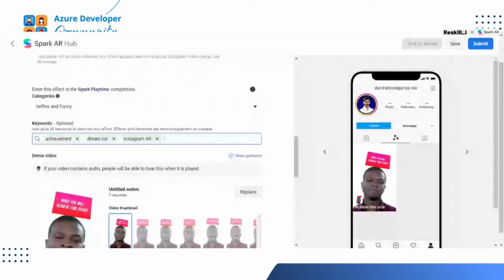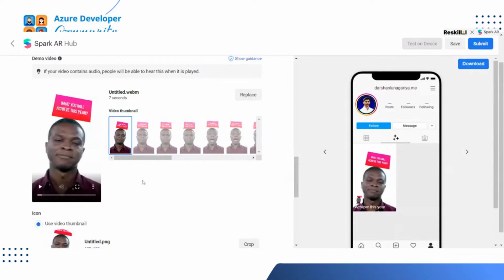Similarly, you can add 17 more keywords. This works similar to the hashtags we use on Instagram, which generate more engagement to your profile or to your effect. Once this is done, I suggest you record your own video and replace it,